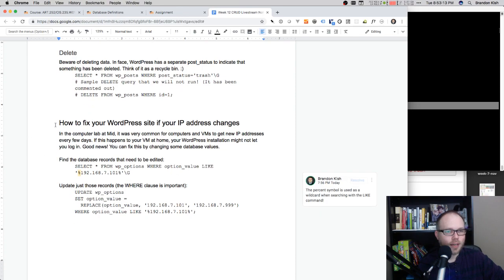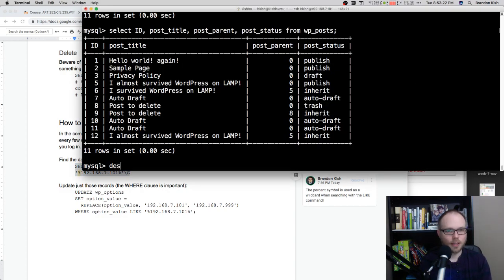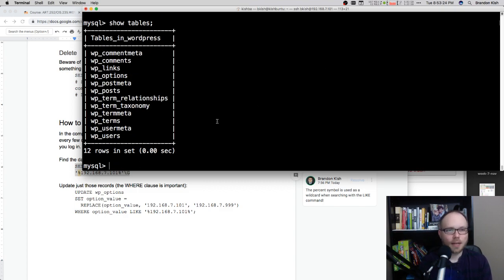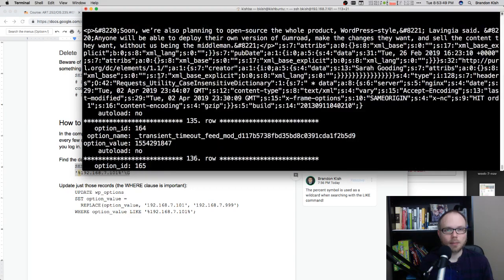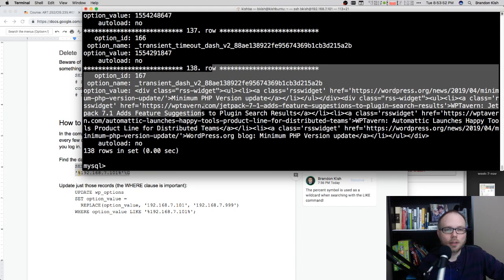I kind of put all this together in this how to fix your WordPress site if your IP address changes. There is a place in the WP options table. So if I show tables, we have a table called WP options. And if I describe WP options, this table is pretty simple, or so it seems. Like it has 4 field values. If you try to actually select the data in there, it gets a little overwhelming. I'm going to select star from WP options with that \G so that I can see them line by line. There's actually 130 some values in here,